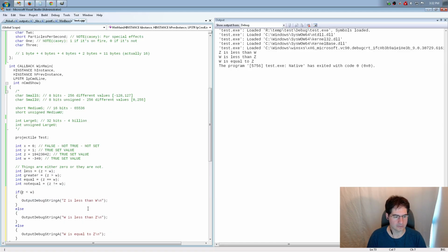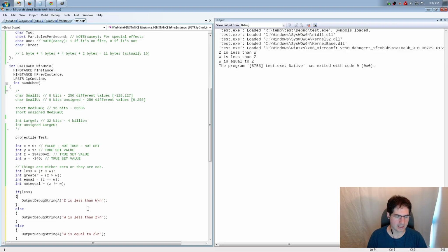And so what you do is you start with the if, you open a parenthesis and close a parenthesis, and then you put the actual value you want to test in there. Now that value can actually just be a variable. So if I want to, I already computed it, right? I already computed z less than w. I can just go right on the variable. It's just a value. And I can put the expression in as well that could produce that value, and it will evaluate it here. So it's whatever you want. It just has to be something that evaluates to 0 or not 0, and then it's going to be able to do the thing in there.